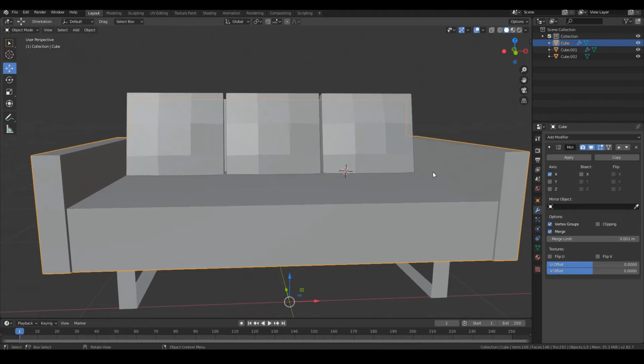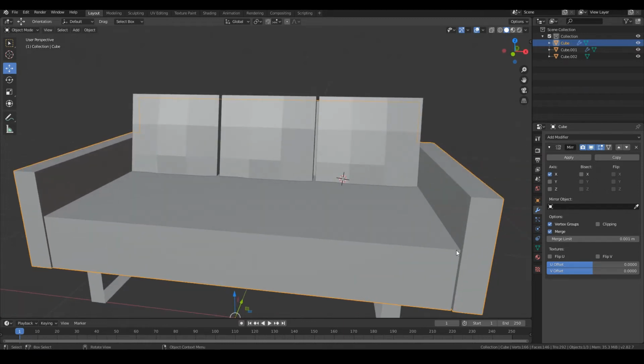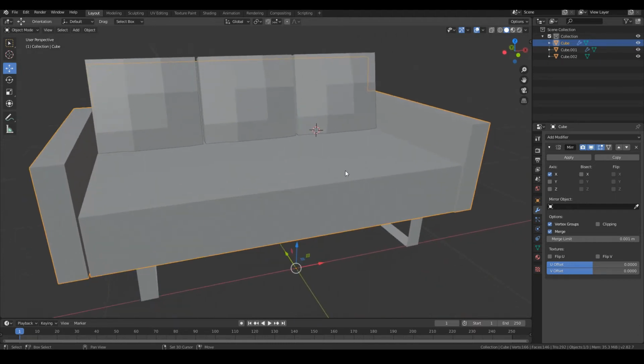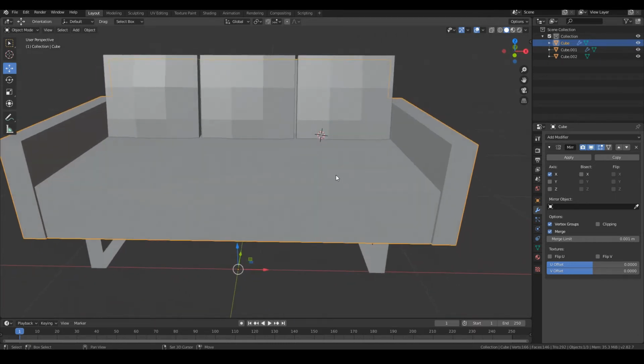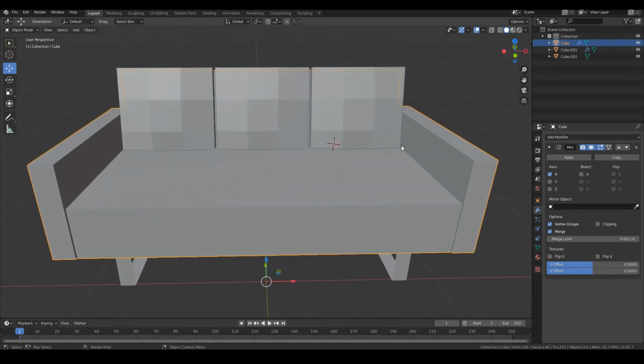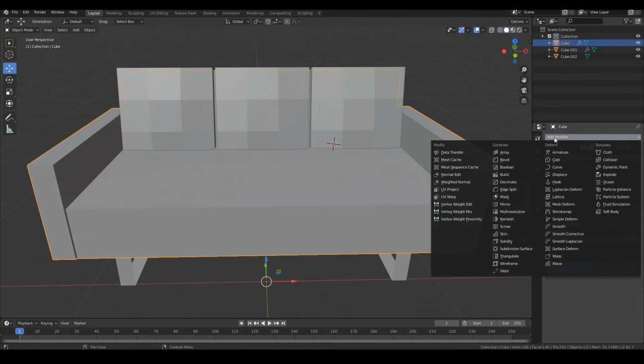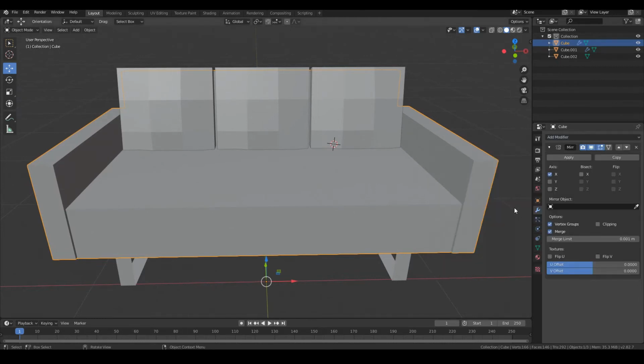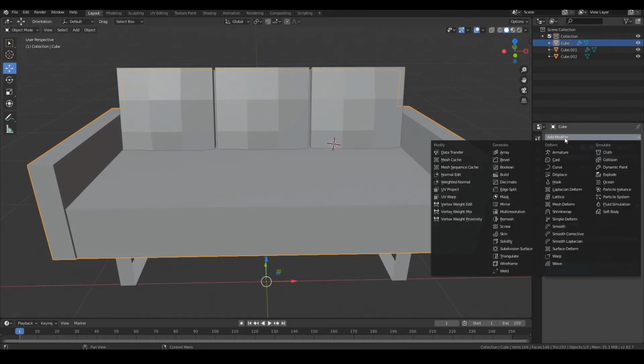Now the problem with this sofa is that the edges are too sharp. It's too harsh. It doesn't look like a sofa that you can lie down and relax on. It looks like a sofa that robots use to casually hang out on. The way we can smooth out these edges is by using another modifier called the subdivision surface modifier. So make sure you're in the modifiers properties, go to add modifier, subdivision surface,